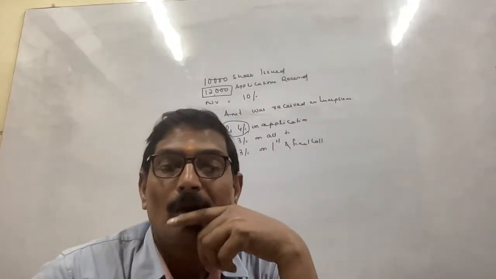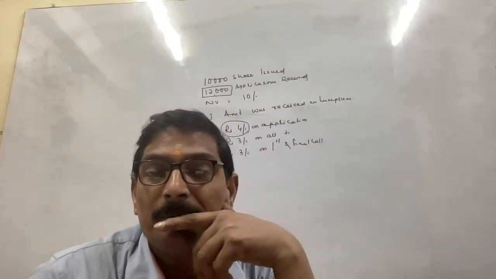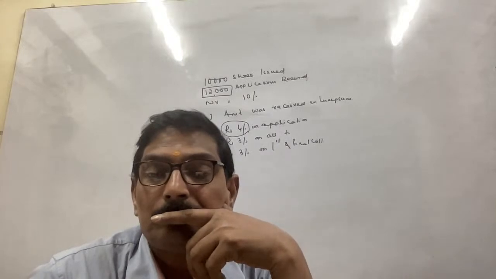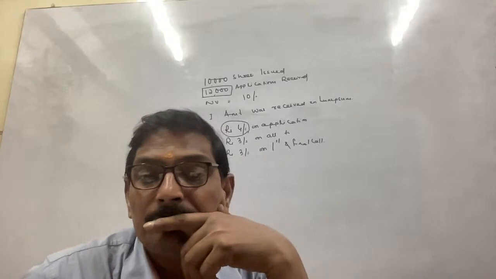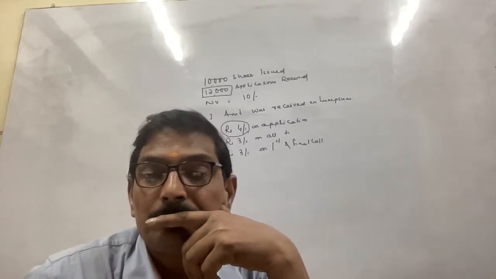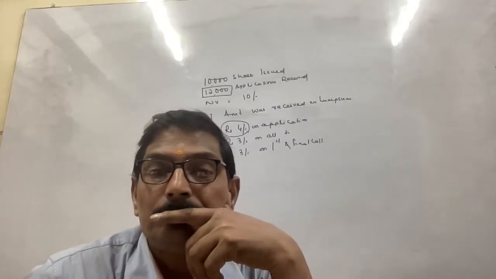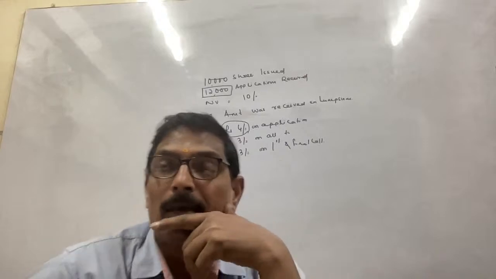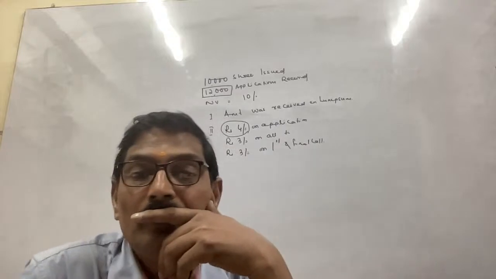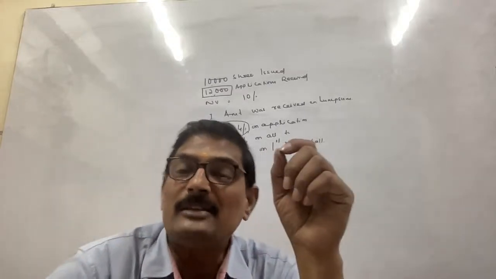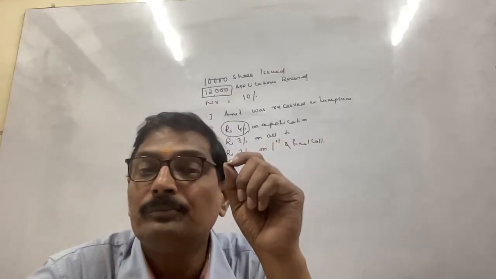Then for transfer of application money, write down share application and allotment account debit. Since we have received the entire money in one go,